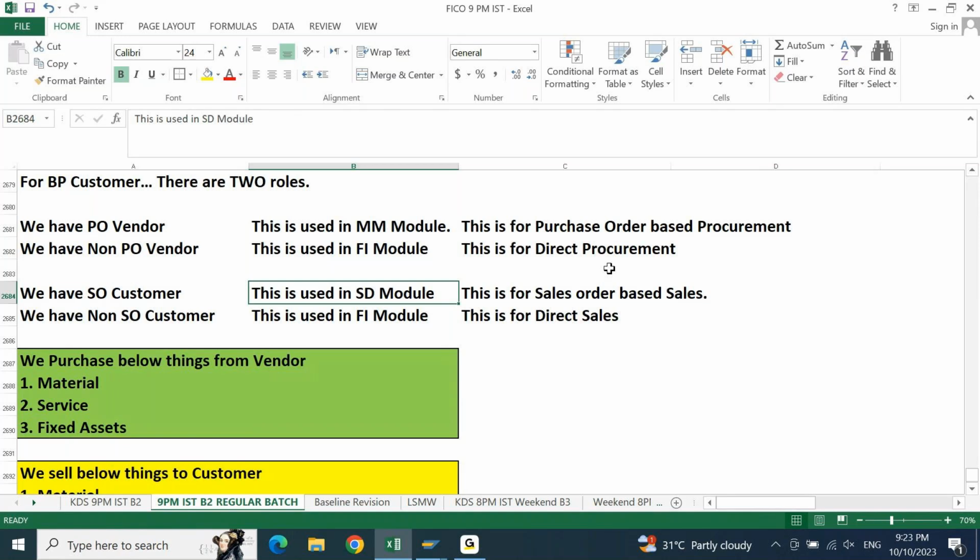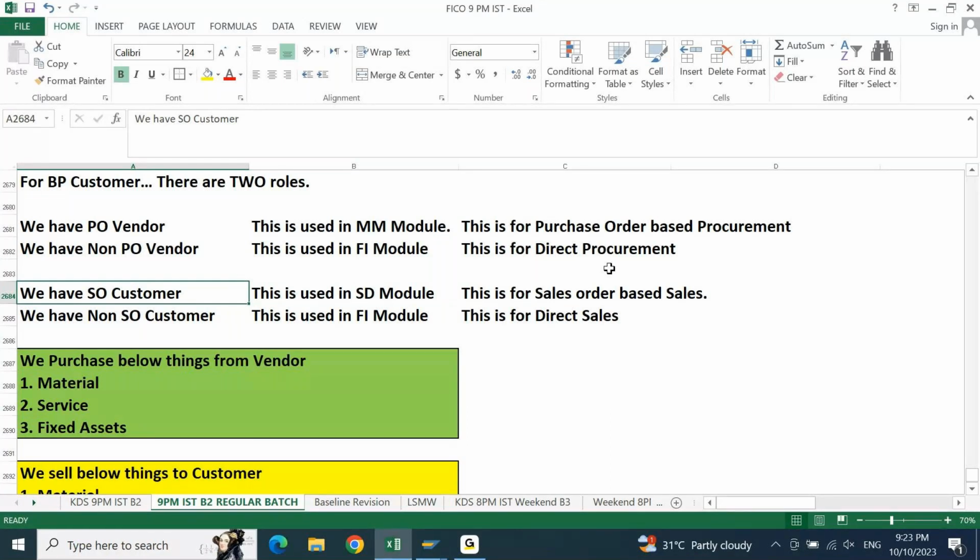Your FI/MM integration is also called the P2P cycle. Your FI/SD integration is also called the O2C cycle, procurement to payment, order to cash. So from the procurement until payment, what is happening? From order until the cash, until the collection, what is happening, you need to track, and we need to understand in a practical manner. Once we have the basic idea at this level,